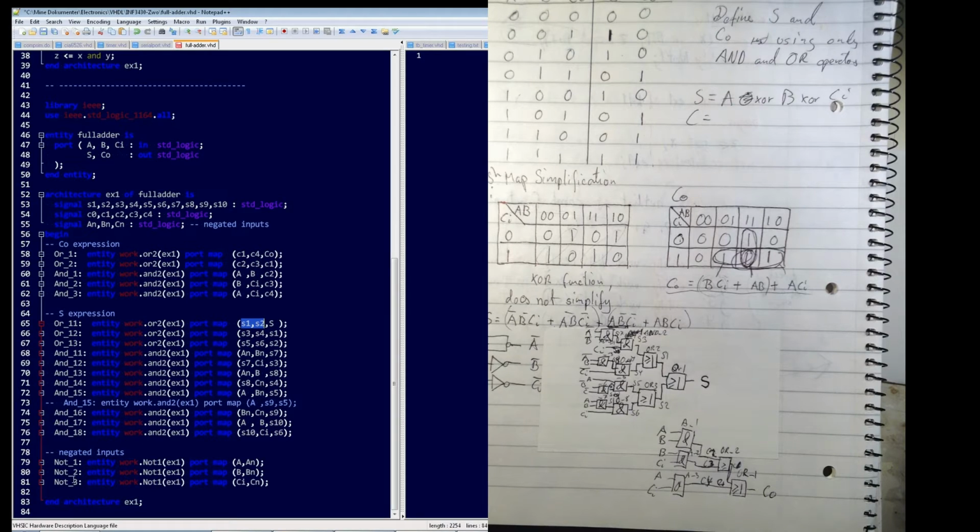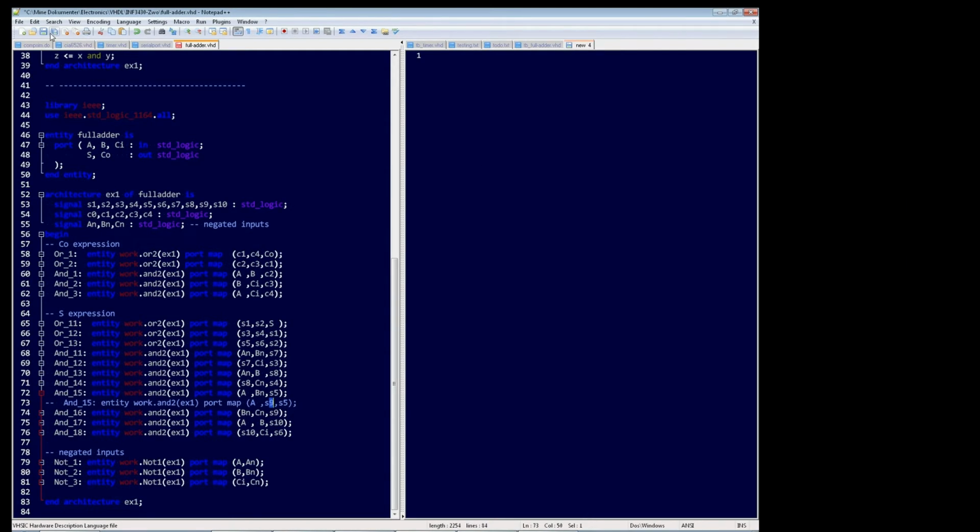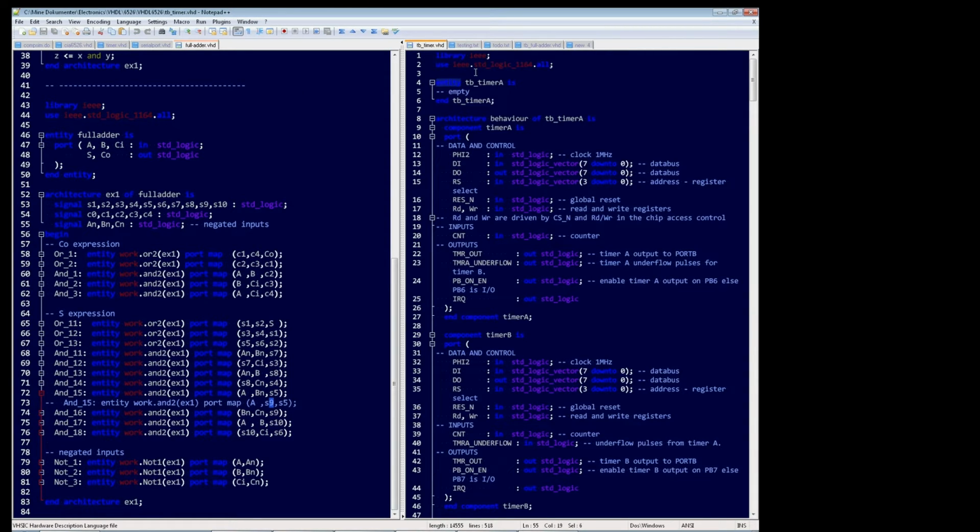You can also see at the bottom here I have the NOT gates to make AN. I made a mistake and I found it later, but it's very nice for the test bench. So if you look at test benches, we have a test bench here, the right side of the screen,